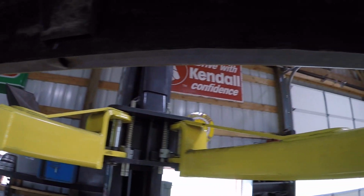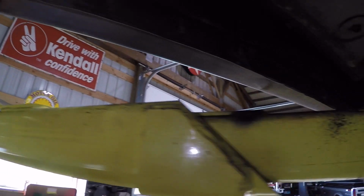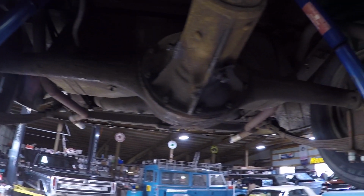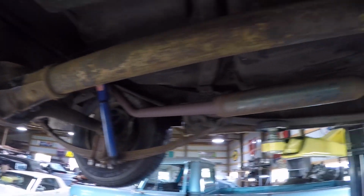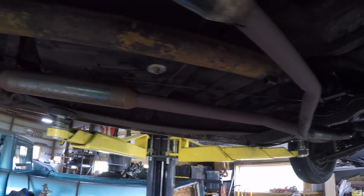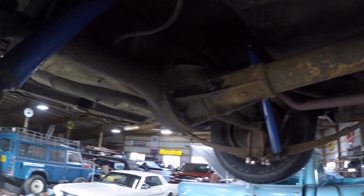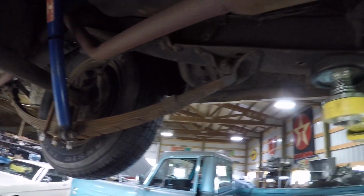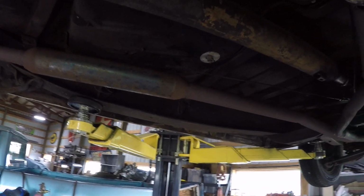You can see the inside rocker. Looks really good. You can see the rear end. Enclosed drive line, by the way. It's got Napa shocks on the back. You'll see this right here,